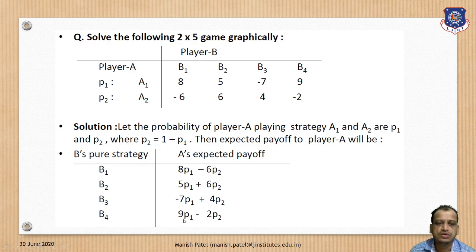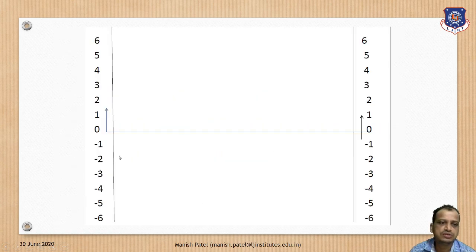Now what you will do is put alternatively P1 equal to 0 and P2 equal to 1, and then you will get a straight line. Here, if you can see, P1 plus P2 is equal to 1. Accordingly, you will find the straight line equations where you can draw the lines. So how will you draw this? Let's see. Here you put the different lines. Clear? Here the strategies A1 and A2 are given, the courses of action for A, and then you will write the different expected payoffs.